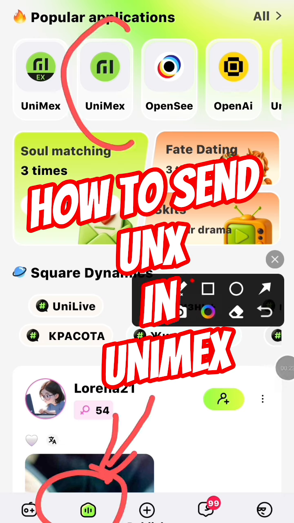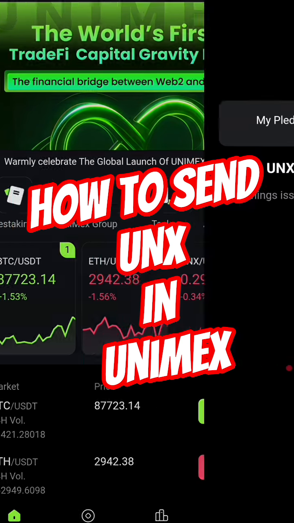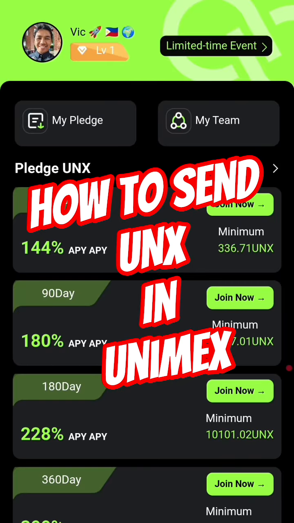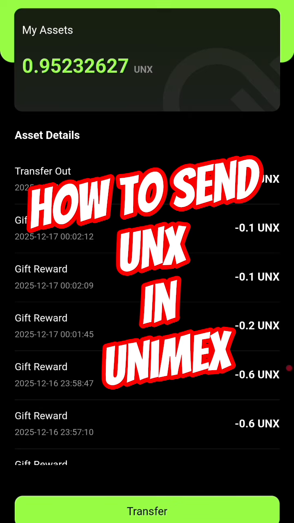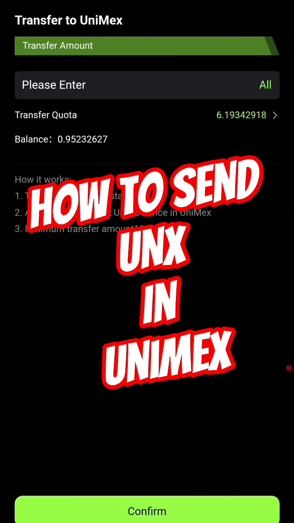Okay, then you go to this Unimex. You go to that Unimex, click the Unimex. Then if it is inside the staking, so you click the staking, then you go to asset, then you click the transfer out. Okay, then you make sure that your transfer quota, you are able to transfer a minimum of 100